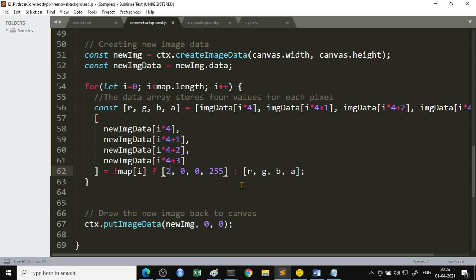Here I have mapped it as black. You can also map it as a white color, and you can set the transparency. Since the return is a single array, this data array stores 4 values for each pixel. That is why there is this multiplication by 4.